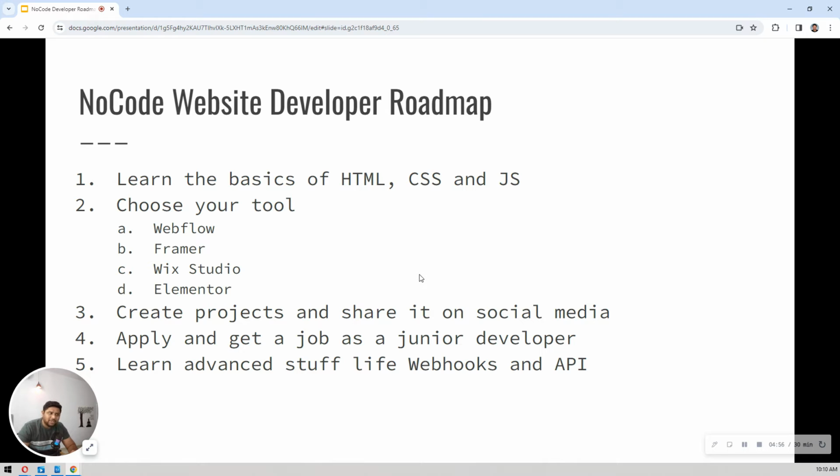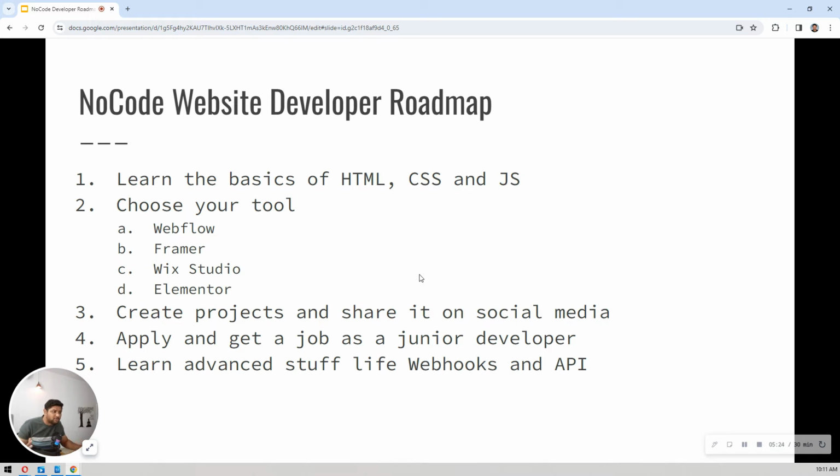After learning those basics, I would say just spend 1 or 2 days on HTML and CSS. JavaScript, it's fine if you don't want to learn. You can, but it's not necessary. But HTML and CSS, I would highly suggest you go to w3schools.com, and from there just learn the basics. What is a section? What is a div block? What is an image? How to use images? How to use links, buttons, and all those things.